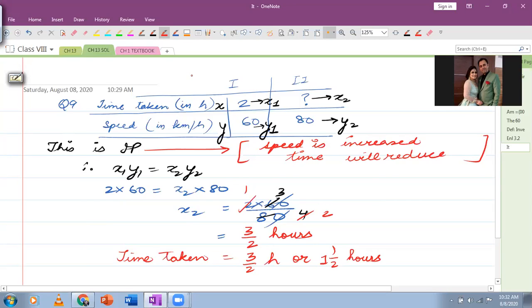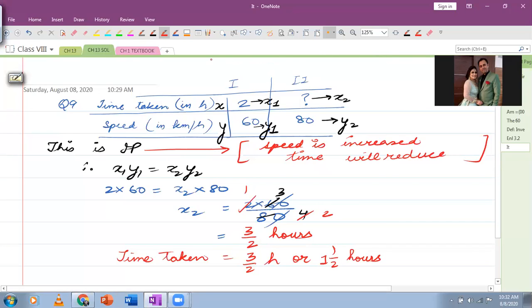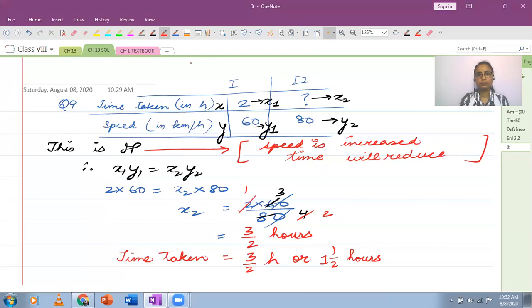Okay, ma'am. Ma'am, if we do not write it in the exam, then marks will not be cut, right? No, beta. No, not at all. Okay, ma'am. Yes, Robita. Robita, beta, do you want to ask anything?